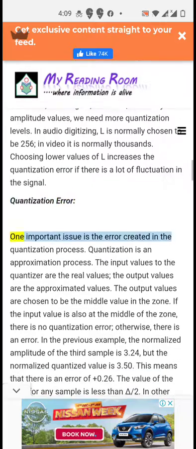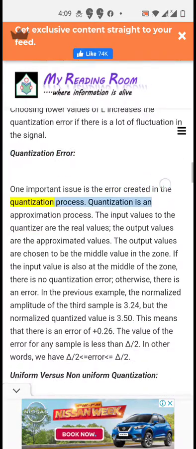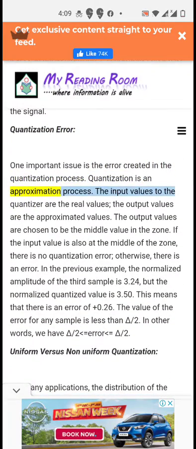Quantization error. One important issue is the error created in the quantization process. Quantization is an approximation process. The input values to the quantizer are the real values, the output values are the approximated values. The output values are chosen to be the middle value in the zone. If the input value is also at the middle of the zone, there is no quantization error, otherwise, there is